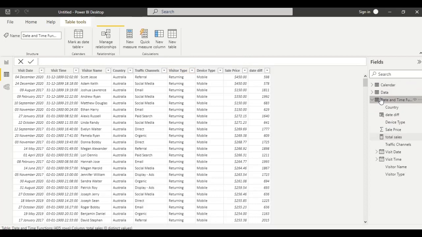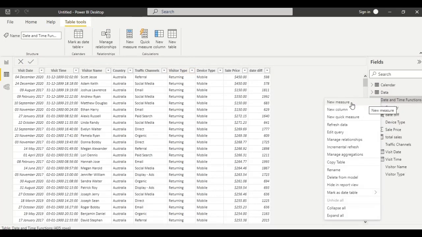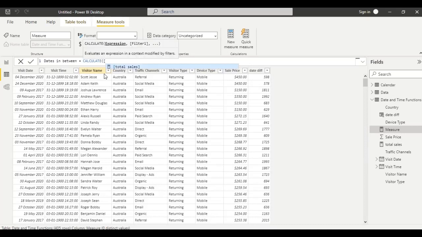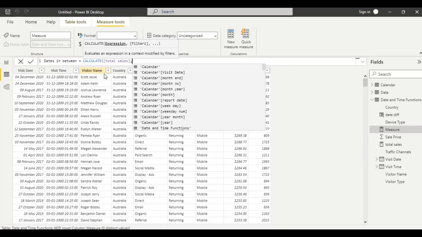For this, click a new measure, name it as dates in between function, equal to calculate, call the measure total sales, comma, next we have to select the dates.